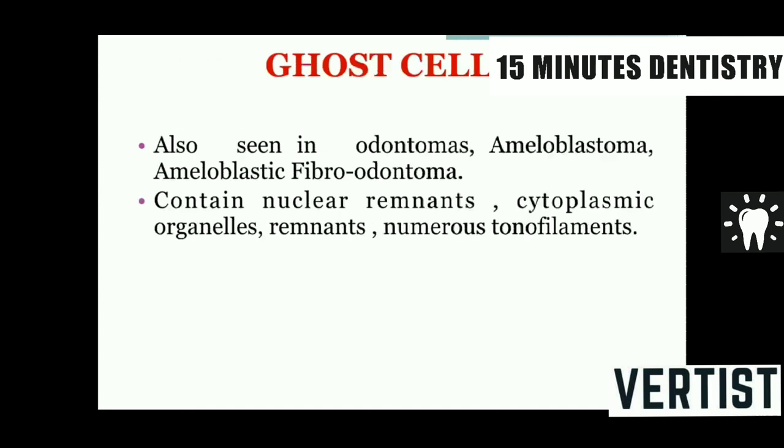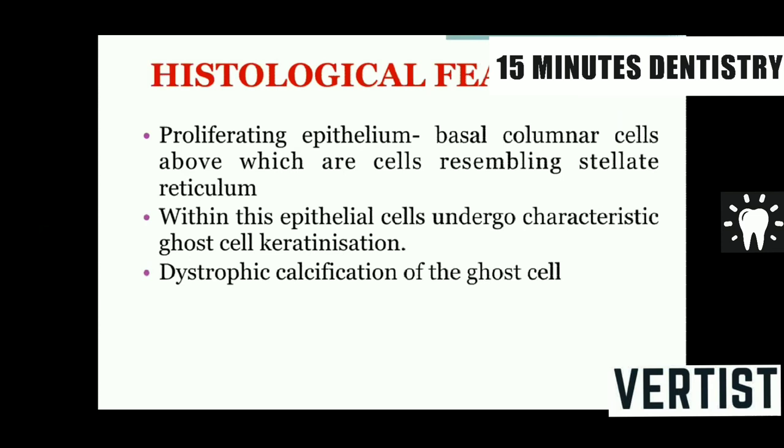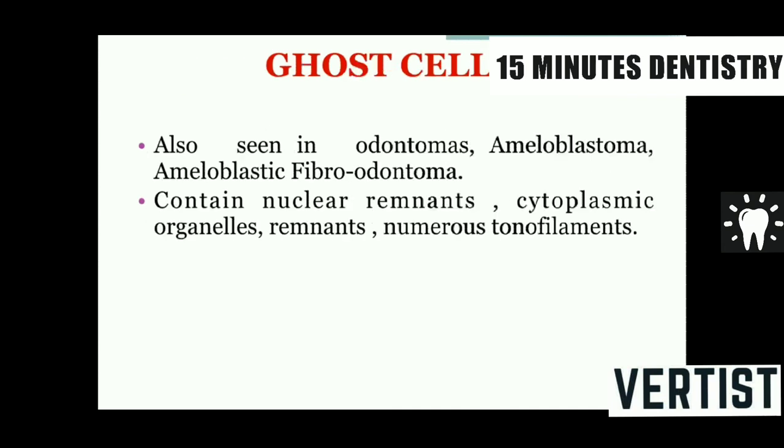Histologically, as I said, these ghost cells are there. There is epithelium with basal cells looking like ameloblasts and the surface cells looking like stellate reticulum. In this stellate reticulum, some of the cells start undergoing degeneration. The cell outline is very faint. The cell is larger, the nuclear outline is very faint, and there is aberrant keratinization of these cells. Because the nucleus is not visible and the cells are light pink in color, they are called ghost cells. Also, they are larger. And some of these ghost cells undergo dystrophic calcifications.